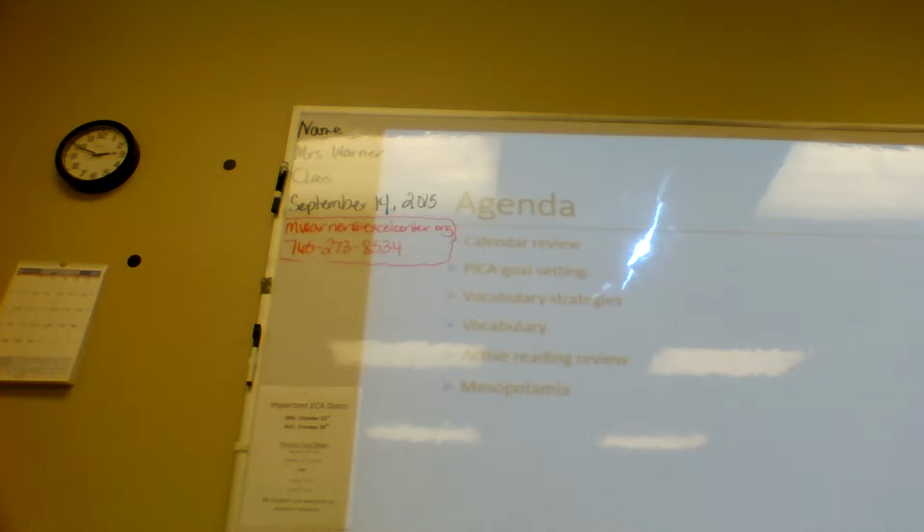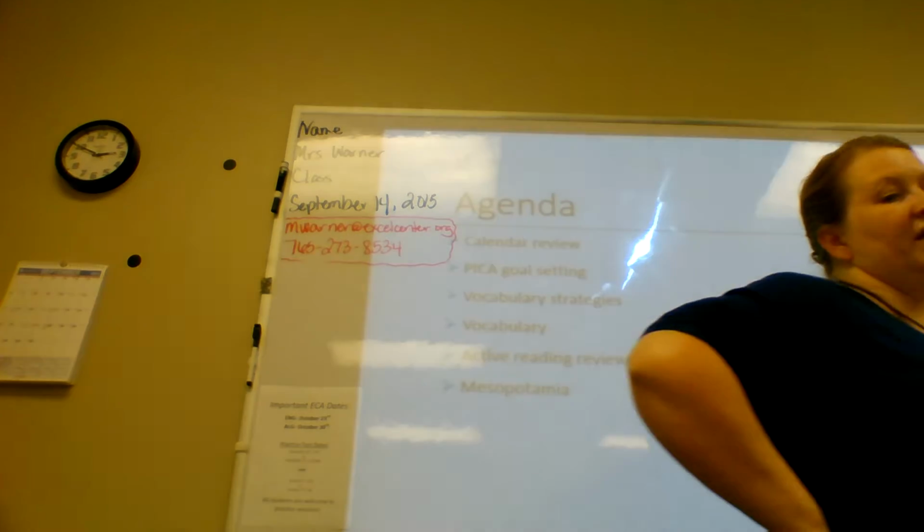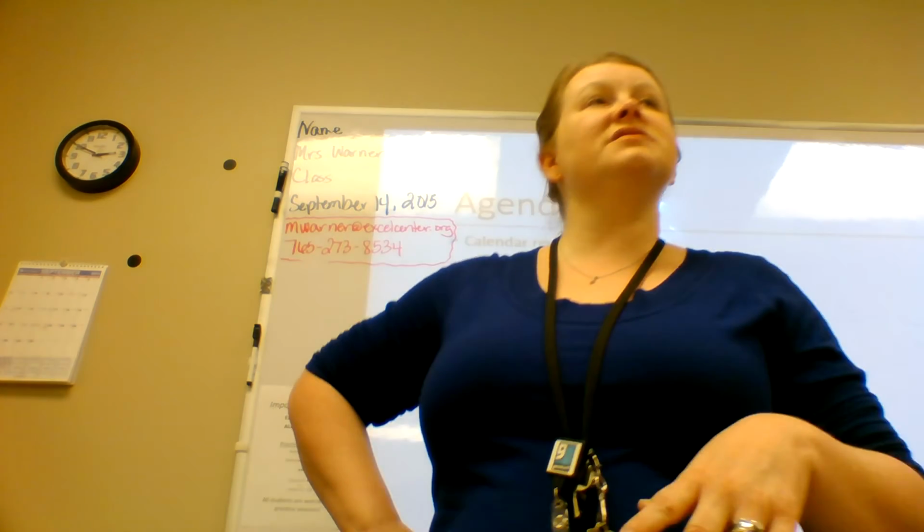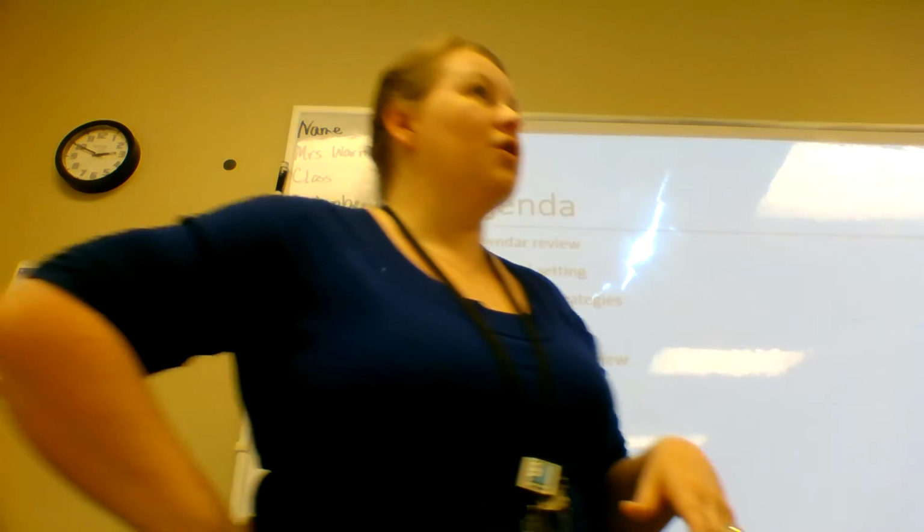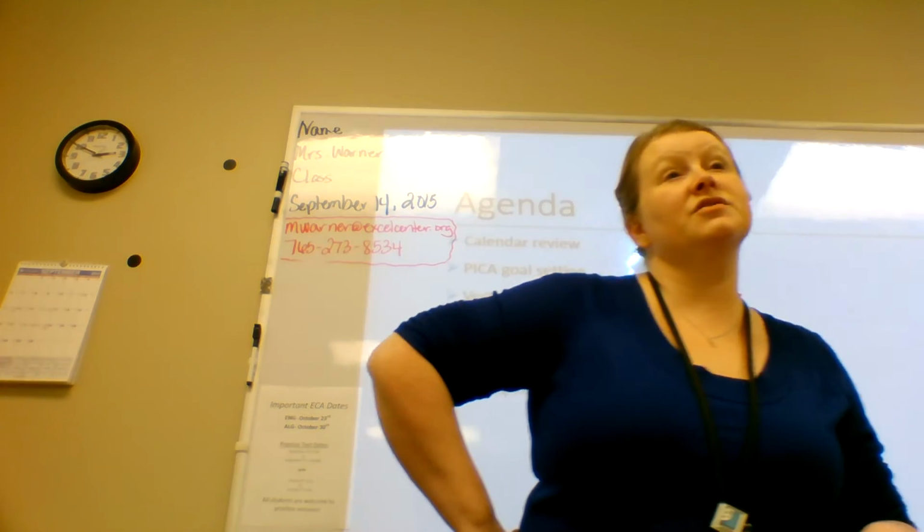So we are going to talk very briefly about the PICA goal setting. For those of you who are new, these PICA traits that we talk about are professional skills and strategies that you can use. So we have been in professional environments. Many of you have probably been in professional environments before. And by professional, we mean work environments. In these professional environments, there are things that you can do to really screw up, and there are some things that you can do to make yourself better.